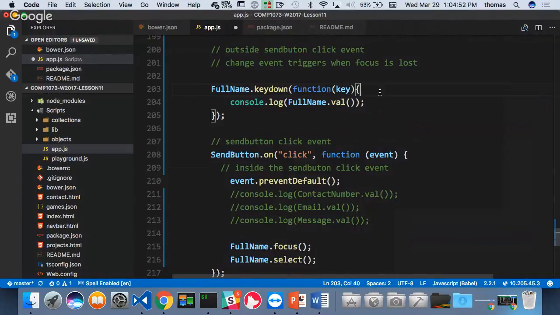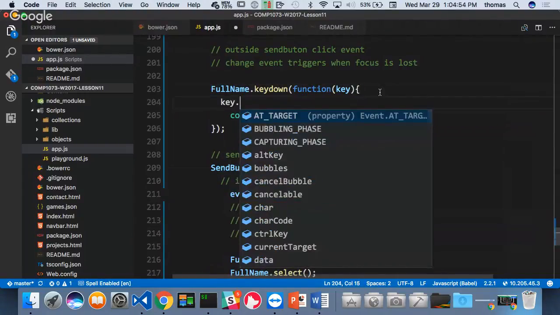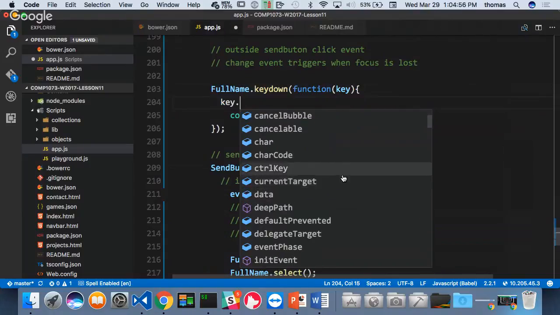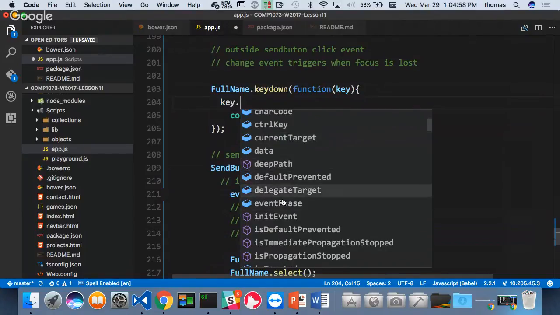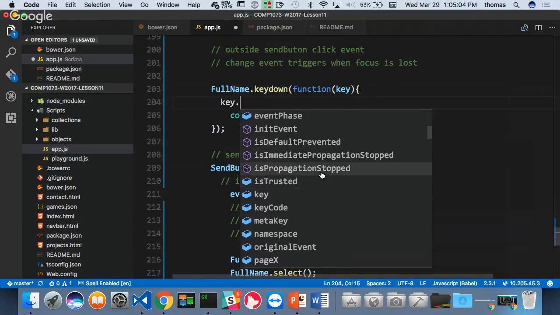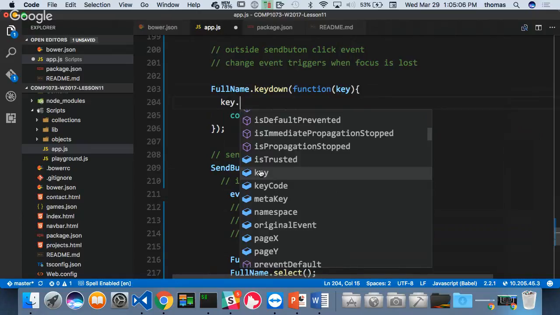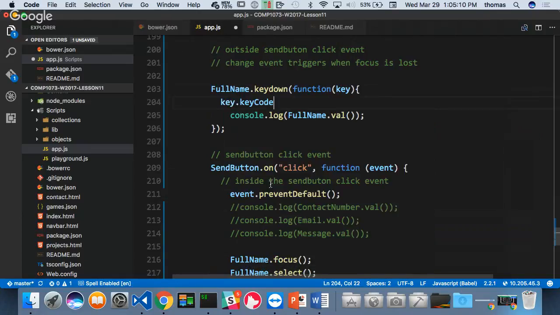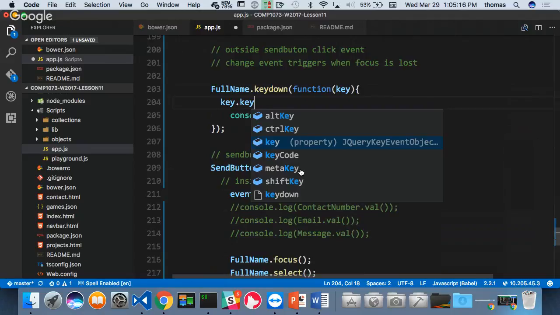Is that possible? So I can do key dot, and it says publish, cancelable, char code, deep. That's like the event, right? That's the event, the object itself. Delegate target, default prevented, is trusted, the key. Oh, key code. Well, there we go. We got some key and key code happening, right? Key code, right? And when I press key code for a second, if I press that key code,